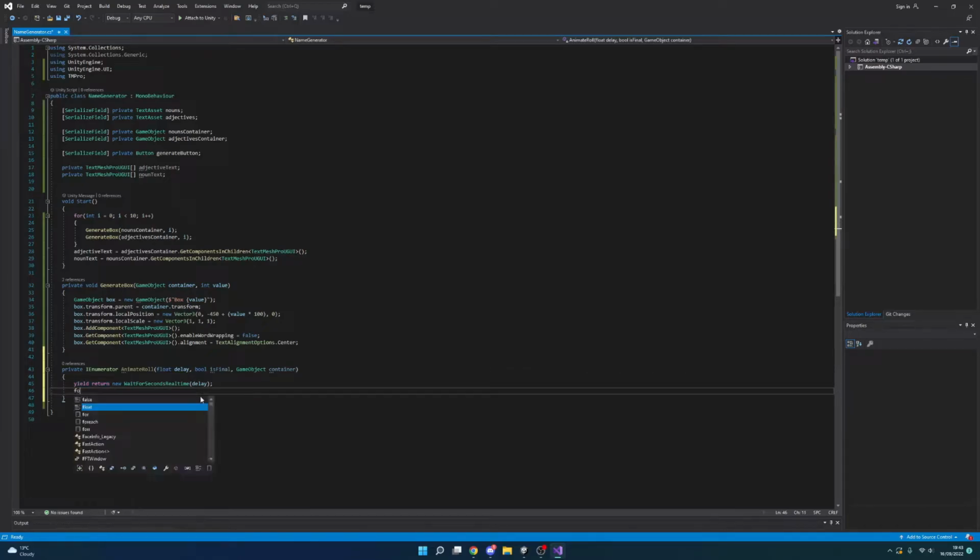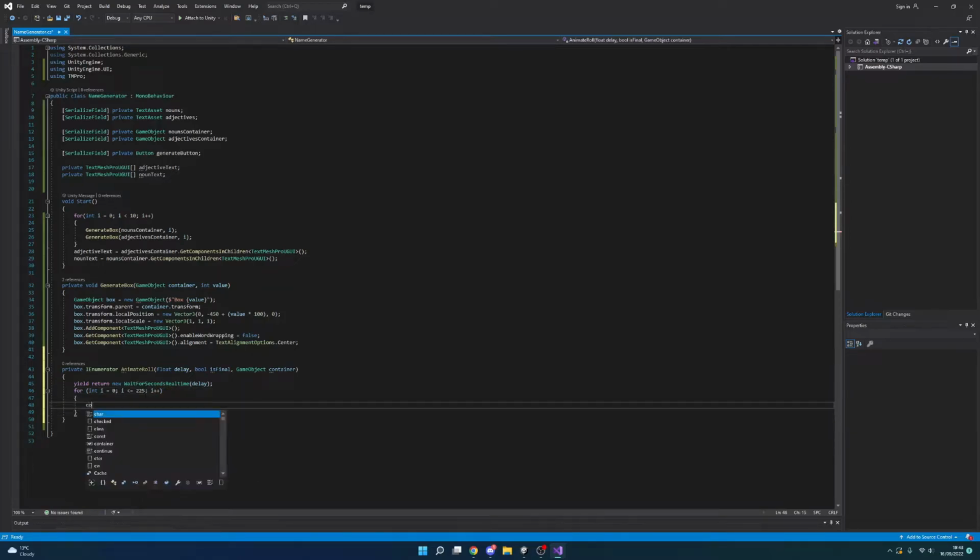So in this, we're going to want to do a for loop. In this, we're going to want an integer i, and this is going to be equal to 0. We're going to do where i is smaller than or equal to 225. Now, this value will be different if you use a different value for the for loop here. You'll have to calculate that yourself. And then we will just increment i by 1 each time. We're going to want to do our